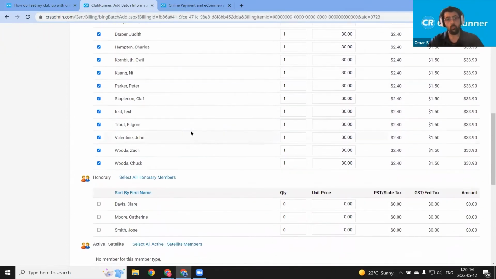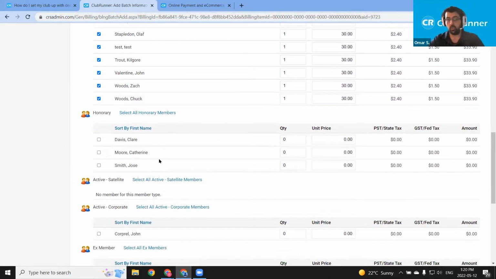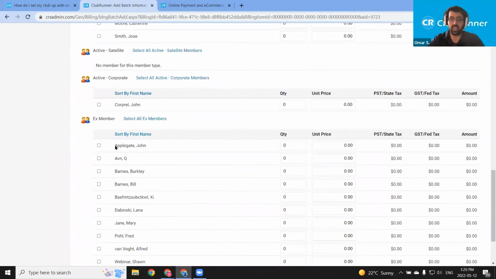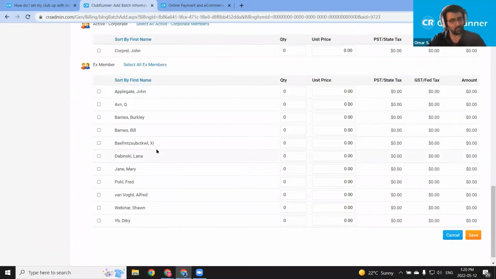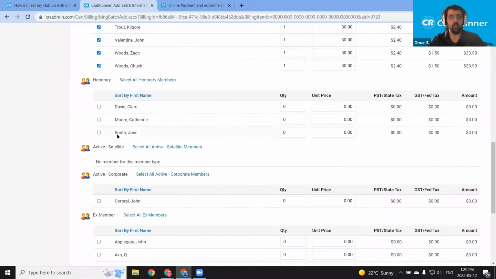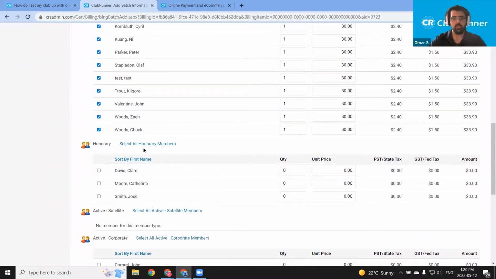If we scroll down some more from that dues and billing setting page, we also opted to show the honorary members and X members. It doesn't make sense to charge the X members, so I'm going to leave this group out, but we can also charge the honorary members. Say the honorary members are paying half of what the regular members are paying. So we can select them, and we'll see that the unit price is $30, but we can adjust this by highlighting the unit price field for just that member and then typing in the revised pricing. So I'm going to enter 15 for these honorary members, not 1,500, there we are, 15,